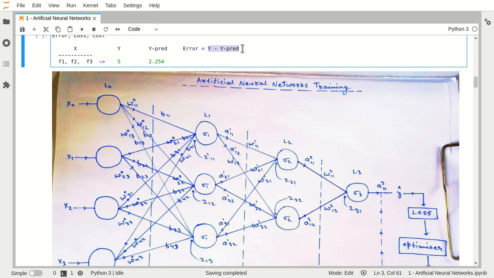What is the significance of that? Nothing. So we are supposed to reduce this error to a very minimal, optimal value. Again, getting an exactly equal value is very much impossible, very hectic.